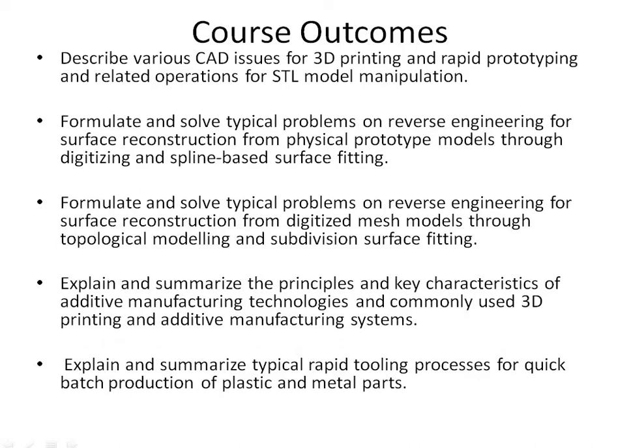Now, what is the outcome of this course? The outcome is that we understand how to convert a CAD model into a 3D physical model. Students will be able to make a CAD model into a 3D print, meaning rapid prototype. We have three different names in this subject, the same but with different applications: rapid prototype, rapid manufacturing, rapid tooling. There are three types.